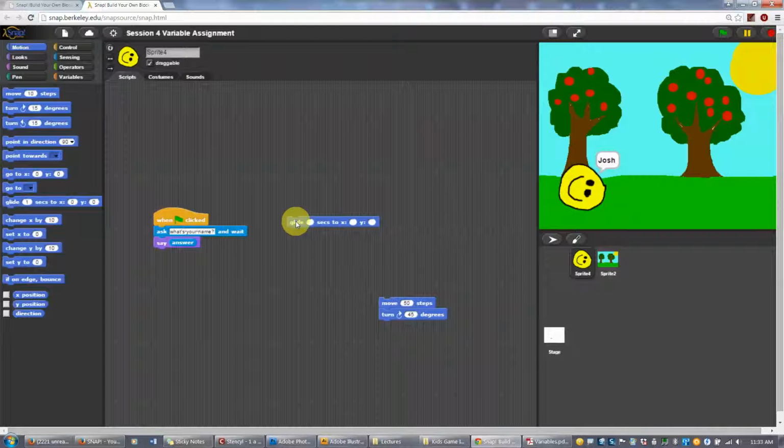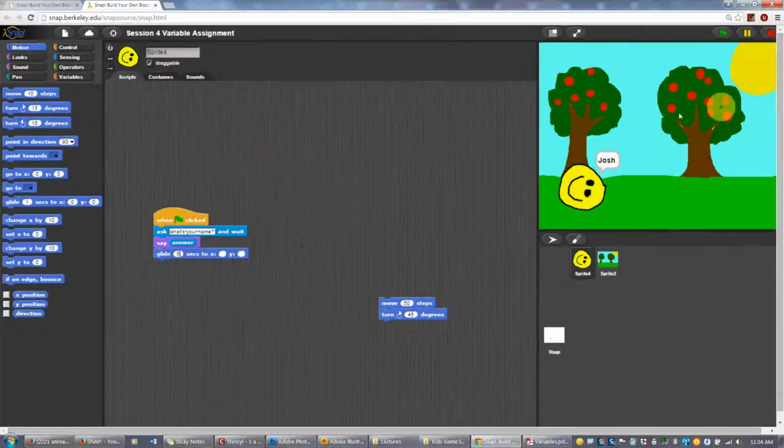So what we can do is use glide, and that will smoothly move our sprite. So if we attach that and we say glide for, pick how many ever seconds. The more seconds you have, obviously the longer it will take for it to get somewhere, and the smaller it is, the shorter it will take. So let's choose 5 seconds, and we want to go to an X position and a Y position. Well, how do we know where the X and Y position that we want are at? So something we can do here